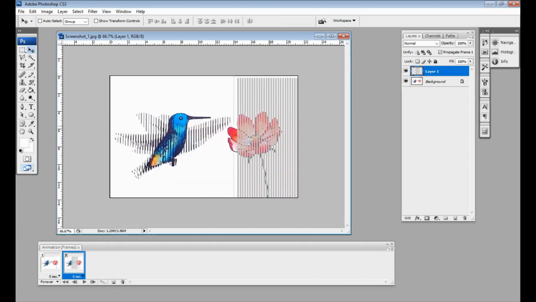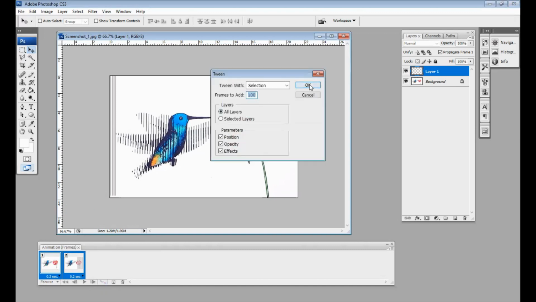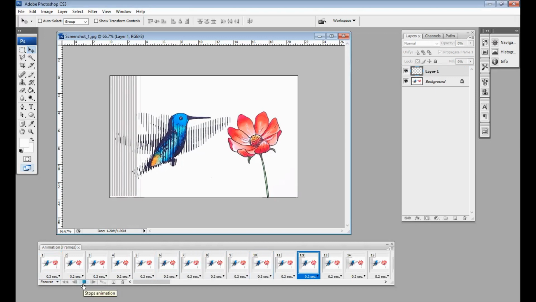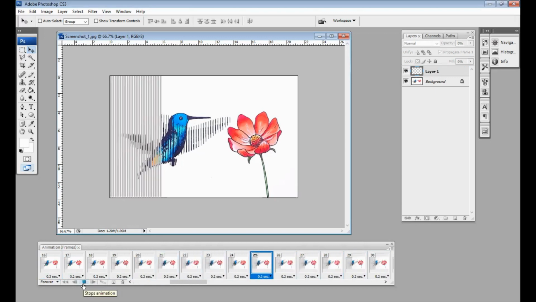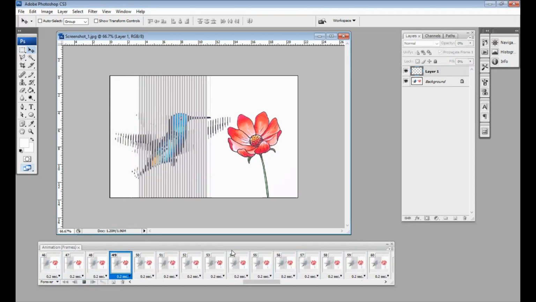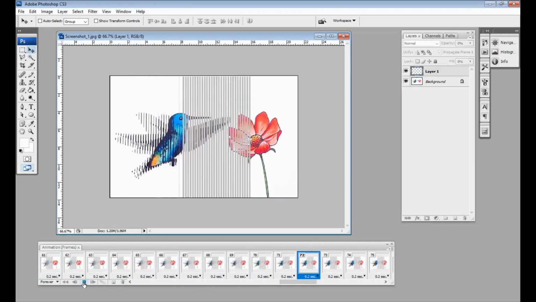Okay, let's stay here. Okay, maybe I give it 0.2 and tween animation frames maybe 100. Okay, let's see what the result is. Play. Oh, I think too fast. Yeah, I think too fast, and we can set up again